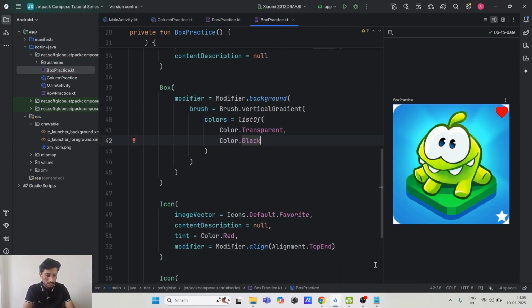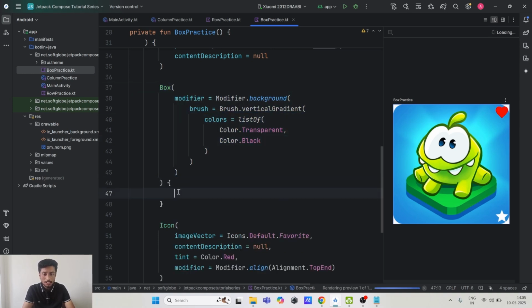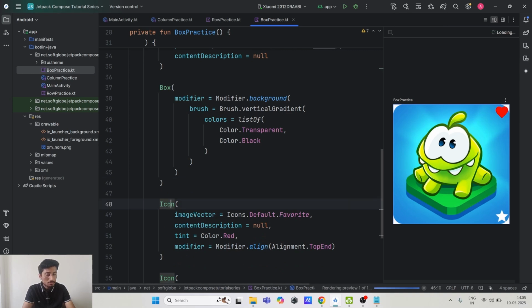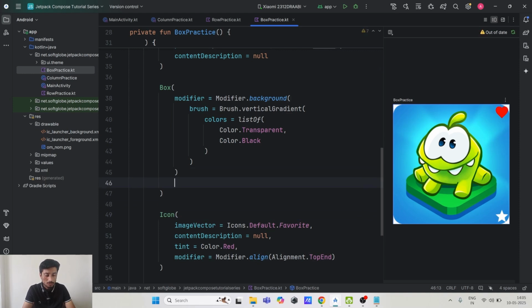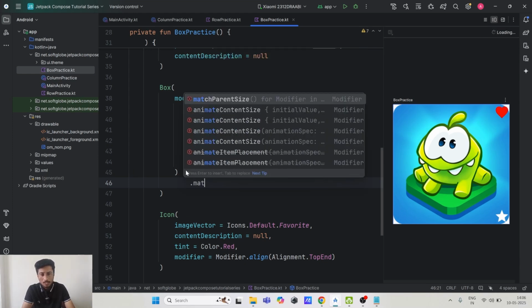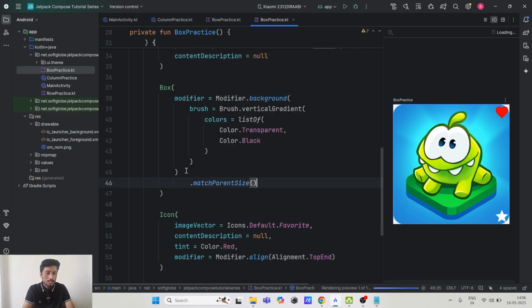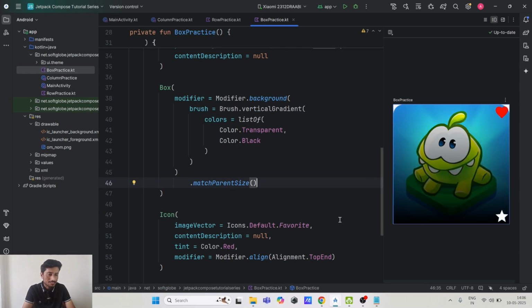Okay, rendering is complete, but we are not able to see any type of gradient. Why? Because, the same thing, this box doesn't have any children in it. As long as any composable doesn't have any children in it, it won't occupy any space. Space will remain as 0 dp, so we will not be able to see it here. But we have one more attribute to take up the size, to match the parent. Like we had the same attribute in XML as match parent. So we have the attribute fillMaxSize, and once I do that,